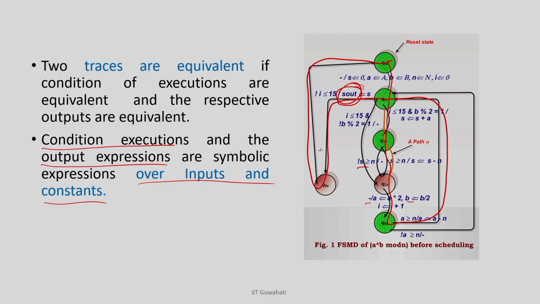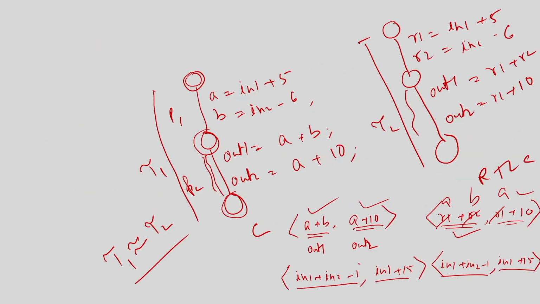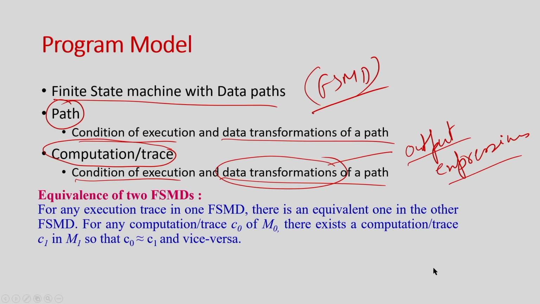So, the intermediate variables like A, B, S do not come into the picture, because I have already given an example here. I have already argued that once you take a trace from the start node to the end node, my output expression will be in terms of inputs. That we have already understood. That gives us the opportunity to compare the C and RTL, otherwise we can't compare at all. That is the only correlation available, and we can utilize that to compare.